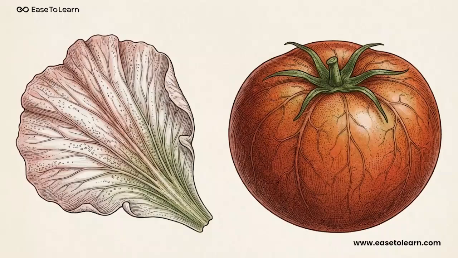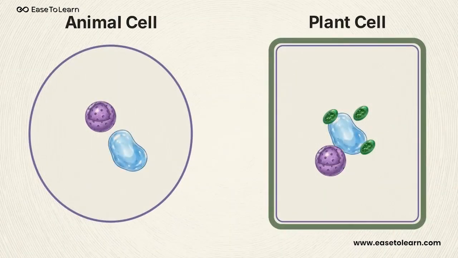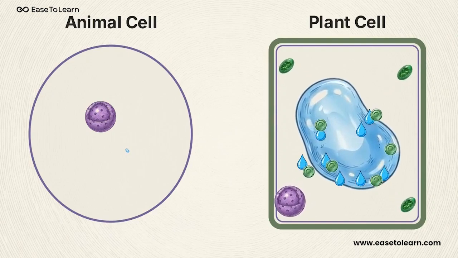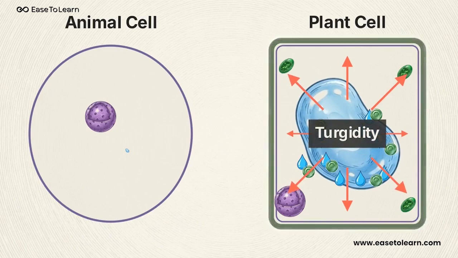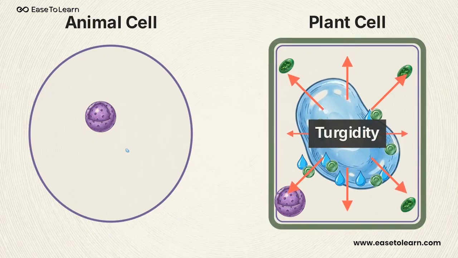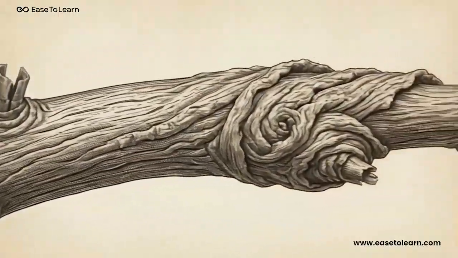There are other plastids too. Leucoplasts act as storage units for that newly created food, while chromoplasts hold different colored pigments for flowers and fruits. Let's compare the plant and animal cells in this diagram to see one final difference: the vacuole. These are fluid-filled storage sacs. In an animal cell, they are tiny or missing entirely. But in a plant cell, the vacuole is massive. It stores water and food, and it creates internal pressure called turgidity, pushing out against the cell wall to keep the whole structure highly rigid.